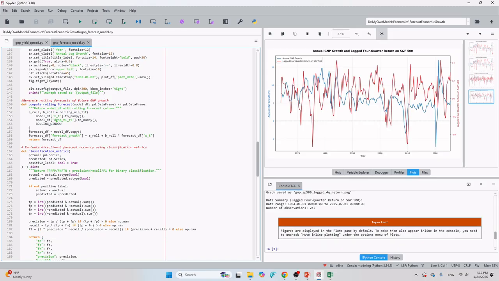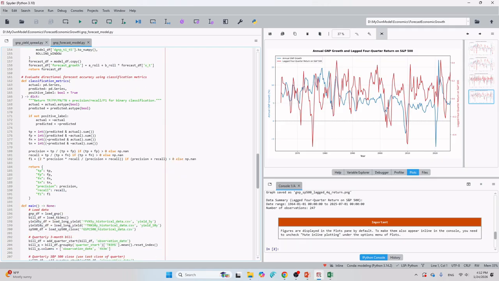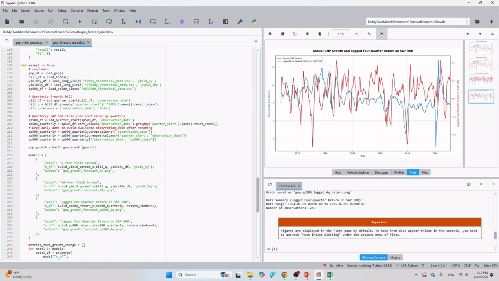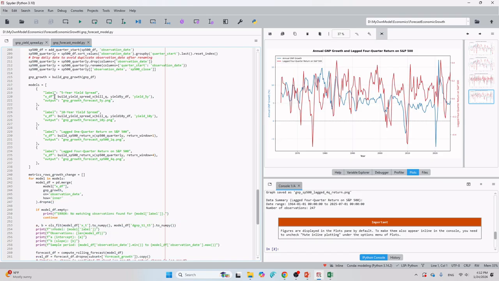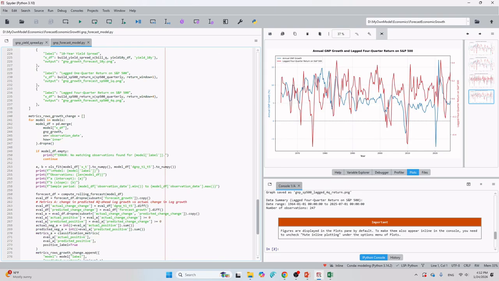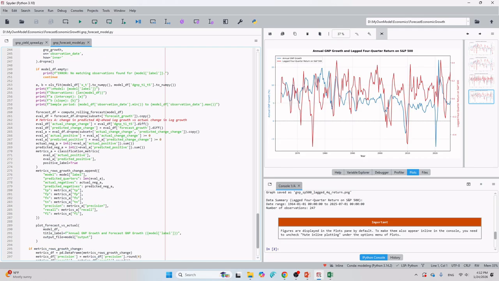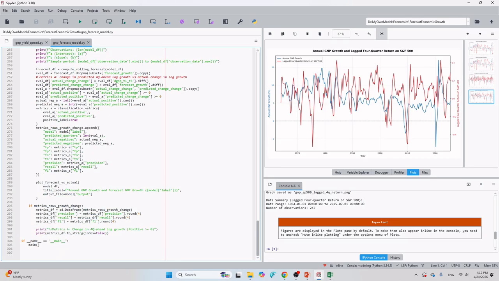And lastly, I'm going to evaluate our forecast accuracy using a classification matrix. Okay, this is our main function. It will call all those functions I mentioned and calculate the metrics at the end. Now let's run our forecast model.